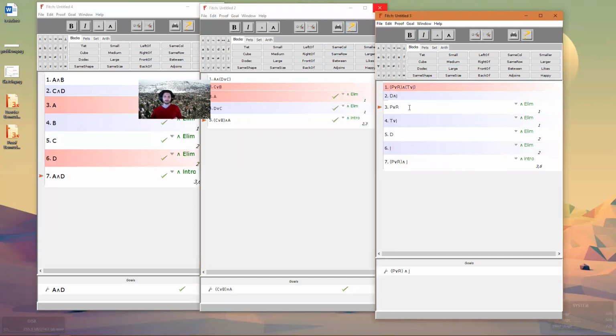And then finally, again, 3, all I did was from 1. 4 was from 1. And again, I'm just watching the red line. I'm just watching where the highlighted region is. Same with 5 and same with 6. So hopefully it gives you a better sense of how the program is helping you follow through the structure of the reasoning. At any point, you should be able to click a line and say, okay, the reason why I know this is true is because of these 2 things up here. The reason why I think this is true is because of these ones up here. That's the point of proofs in general,